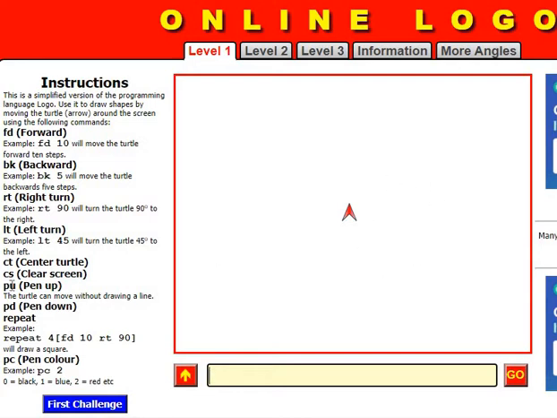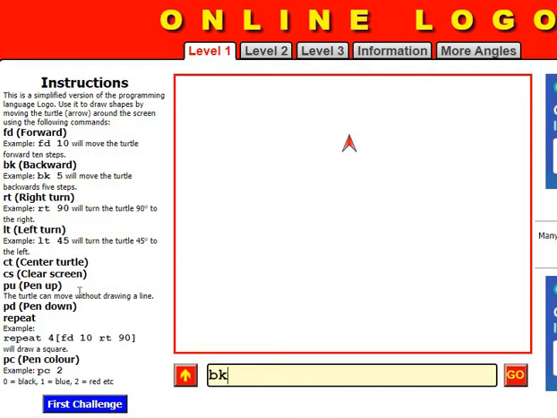Next command is PU, pen up. The turtle can move without drawing a line. Okay, you want to move the turtle without drawing the line, then what command can you use? Pen up. Pen up means it will not draw any line. See, PU, pen up. Now FD 10, turtle is moving and it is not drawing any line.